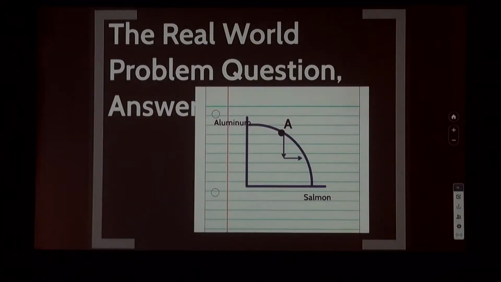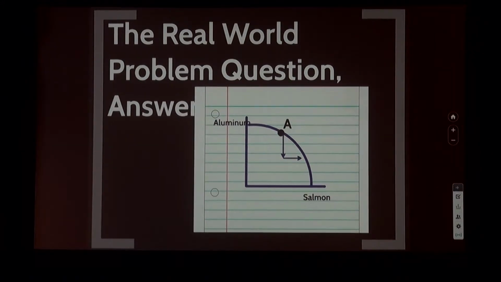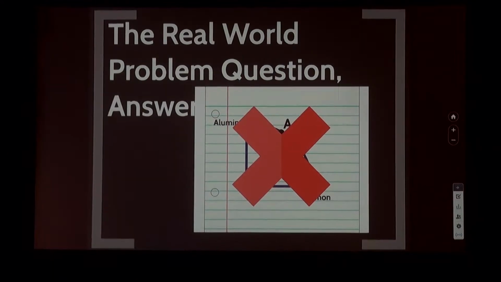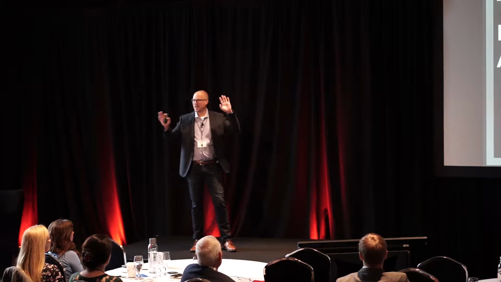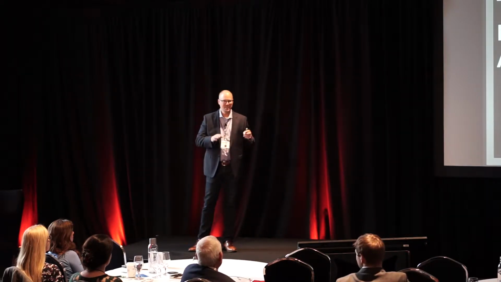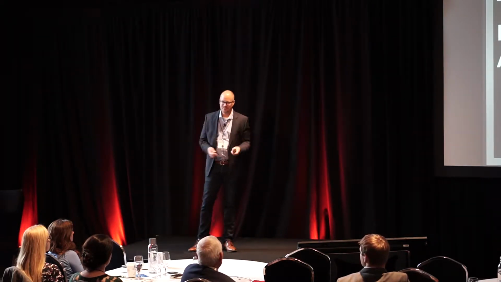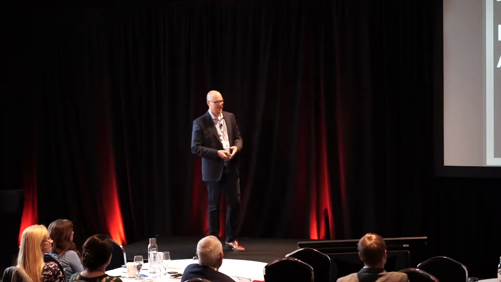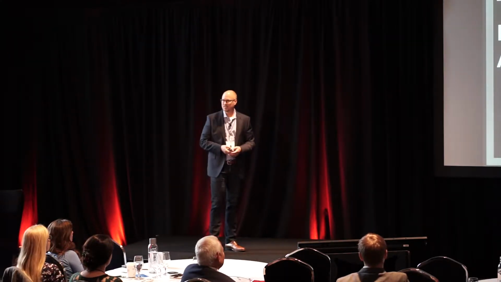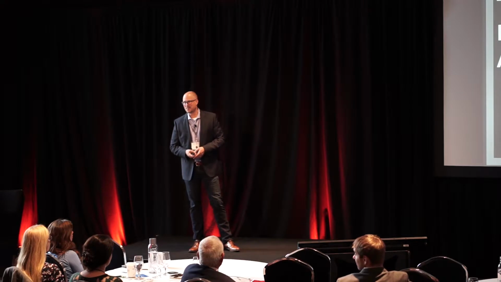And I was hoping for something along these lines: production possibility curve, two goods, showing the trade-off between aluminum and salmon, and maybe, if I'm really lucky, showing some unemployment in the process. That is not what happened. What happened was way worse than that. I mean, they had graphs for sure showing the trade-off between unemployment and dams, between electricity and labor, and all kinds of stuff that you could barely qualify as economics.